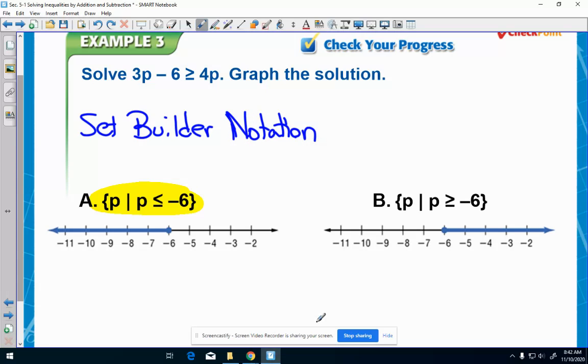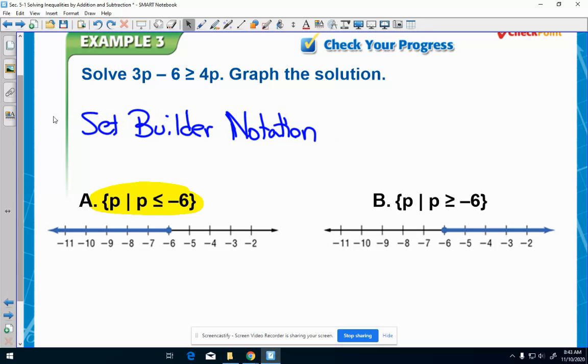All right. So here's what set builder notation is. Essentially, when you talk about having, in this case, an inequality, and we don't talk about having just one answer, we have more than one answer. Then we're essentially building a set of values. And in this particular case, the set of values is either going to be all the things that are less than or equal to -6, or they're going to be all the things that are greater than or equal to -6. Okay, so if I solve this up here,